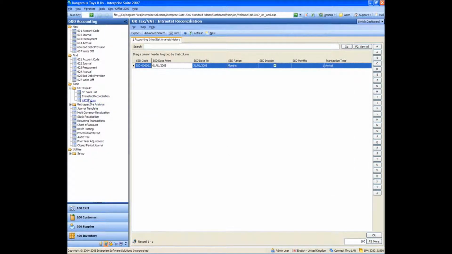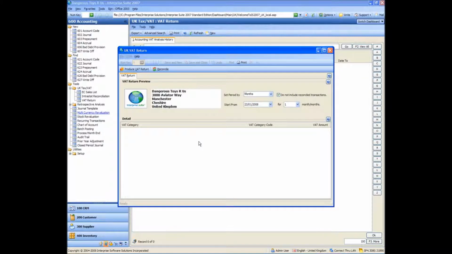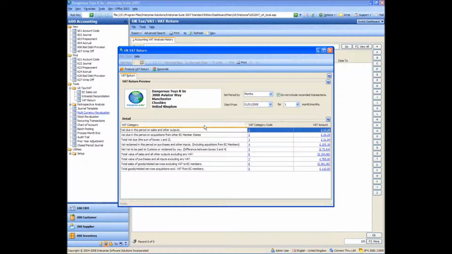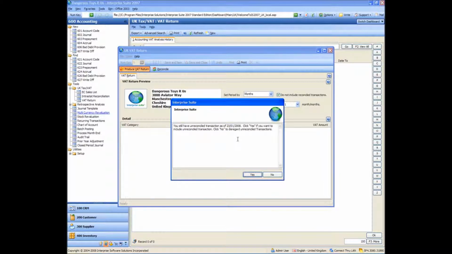Okay, so we're going to do a similar thing for the VAT return this time. Again, there's no history of a VAT return in there, so I'm going to just click the new button. And again I can do it for months, so I'm going to set this back to the first of the month for 1 month, and I'm going to click produce VAT return, and that will give me the figures. Now if I just go back and say produce this from the 2nd month, from February, and click produce VAT return, it will tell me that I have unreconciled transactions as of the previous month, because we've obviously